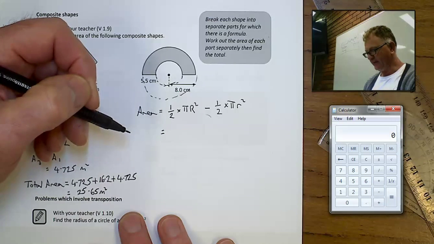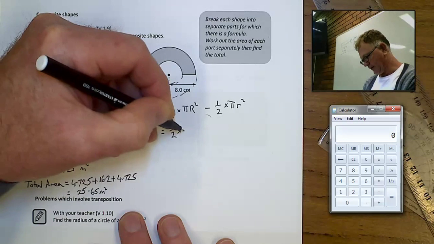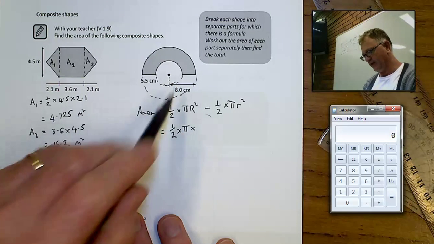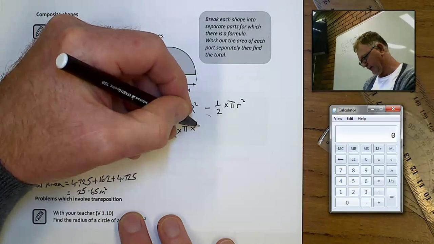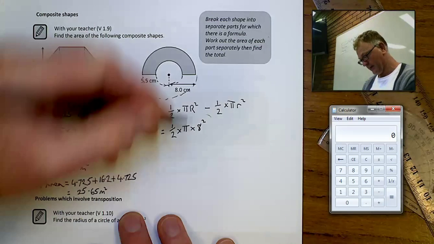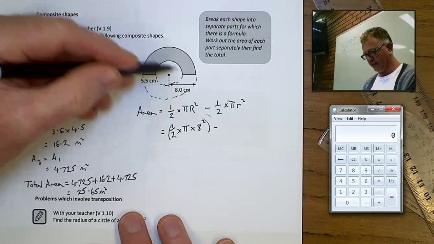So half the big circle is going to equal half times pi times radius, the radius of the big circle is 8 centimeters squared, and we're going to then work out the area of a small circle and halve it,